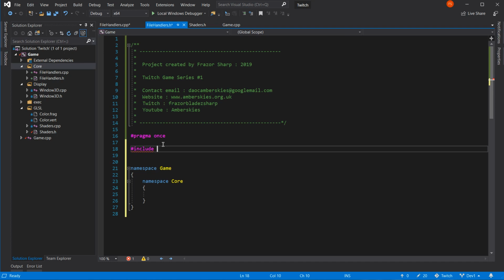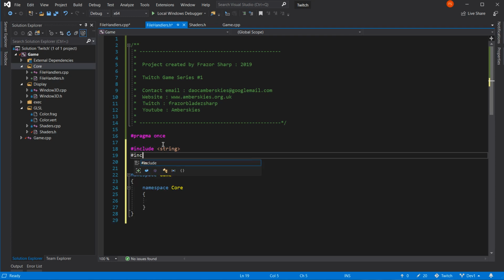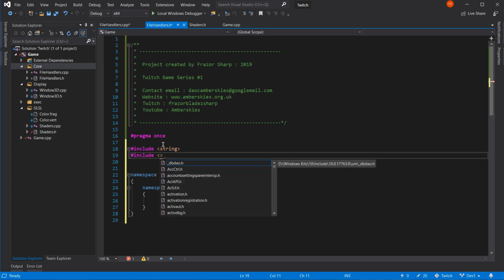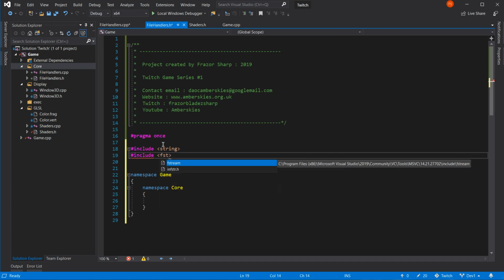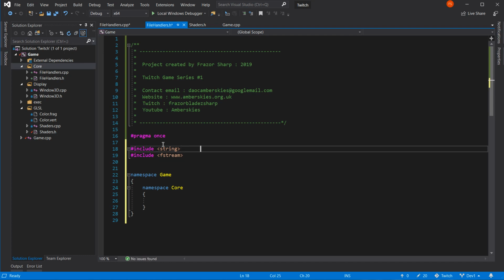Not overly. So I'm going to need strings and file streams. So let's pop those two in for now. So that's string and hash include. We'll need the file streams as well, won't we? So that will be fstream, is it? Yeah, of course it will. Such a thing? Yes, there is. Good. Right. Thank God for that. Let's introduce you as a standard library.